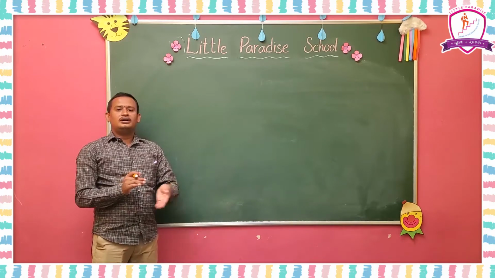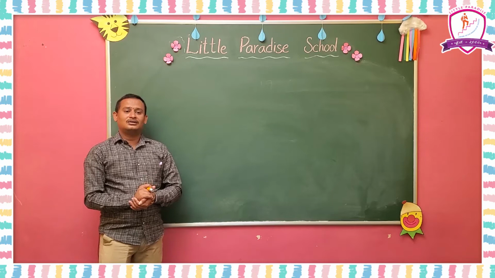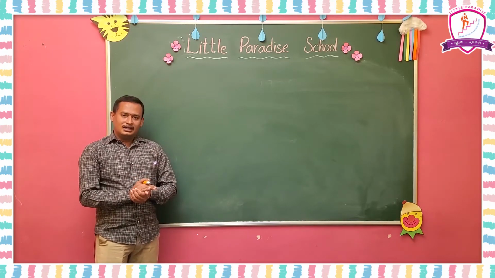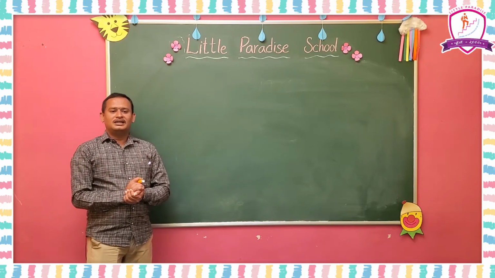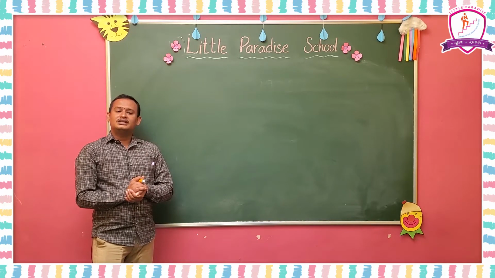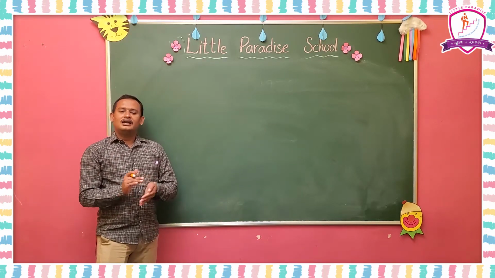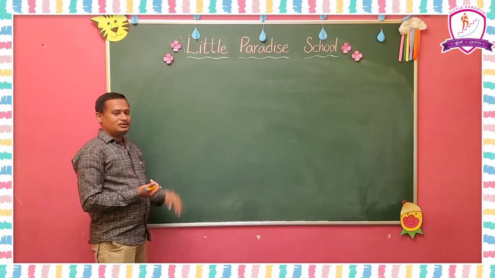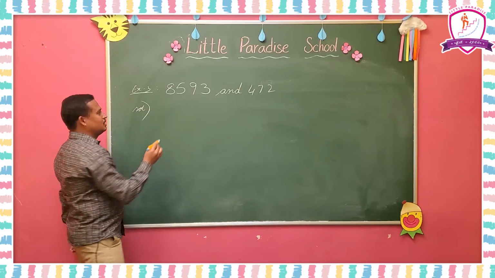Understand? So now we are going to discuss estimating product or quotient. Product means multiplication, and you get a quotient in division. Now, estimating the product. To estimate the product of two numbers, first round off each number to the mentioned place or its largest place value. Then multiply the rounded off numbers. First I am going to take two numbers here.